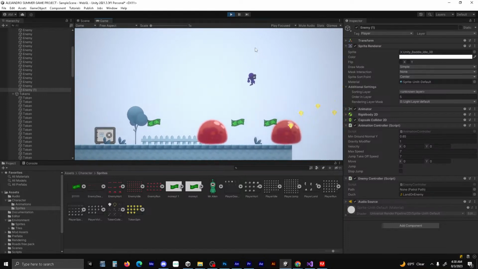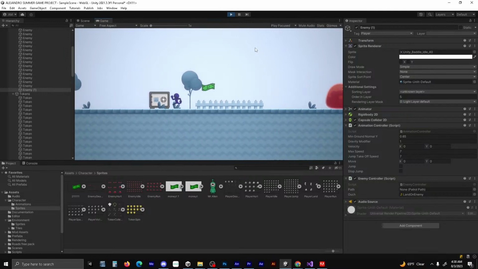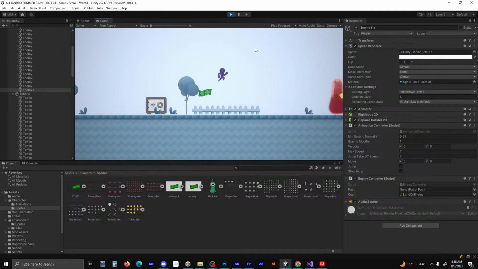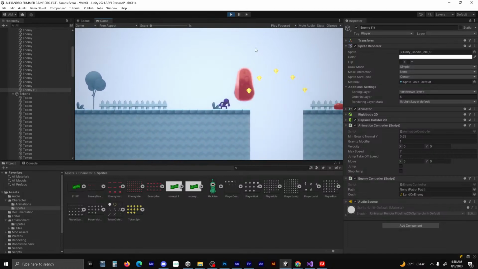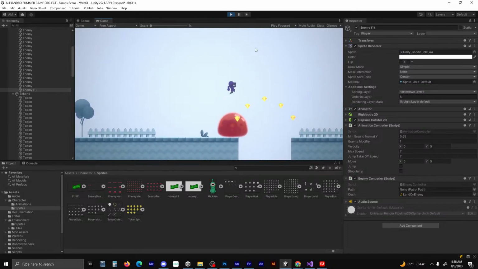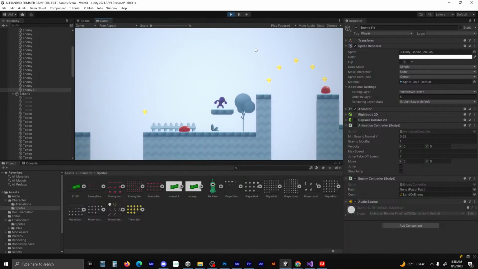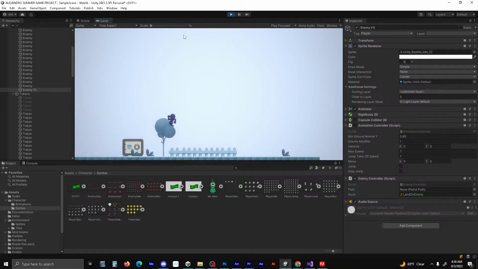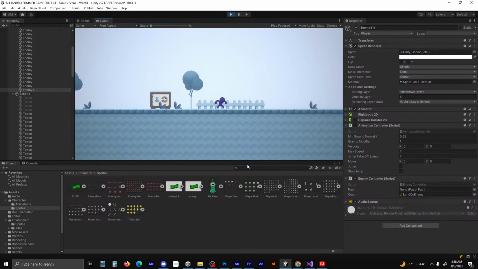They can still die like normal, and you can still collect all your money, but just by scaling that object, I was able to really change a lot. This jumping is horrible. I've got to change that back to how it was and probably slow him down. But the point is, we've been making changes in this game and adding